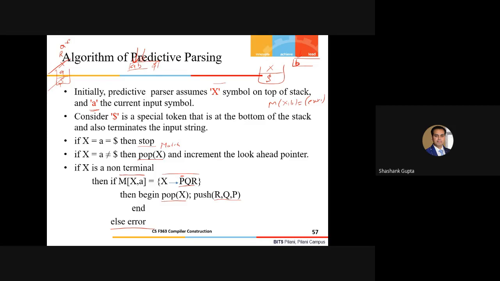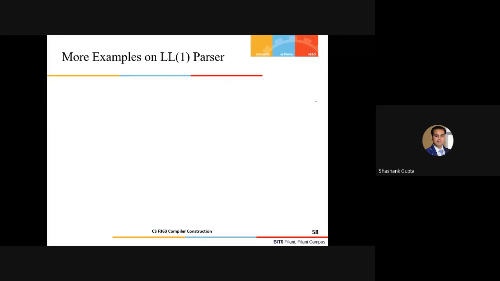So this is the complete process of the parsing, which we have captured last time with the help of an example. And now this is the underlying algorithm. No changes. I mean, exactly the same procedure which we did last time. It's simply the mirror image of this. Fine. So now we'll take some more complex examples so that things would be very much clear what exactly this guy is doing with respect to the error entries also.